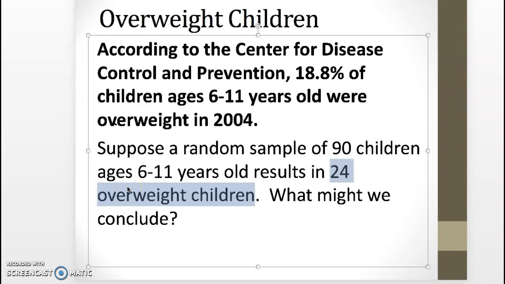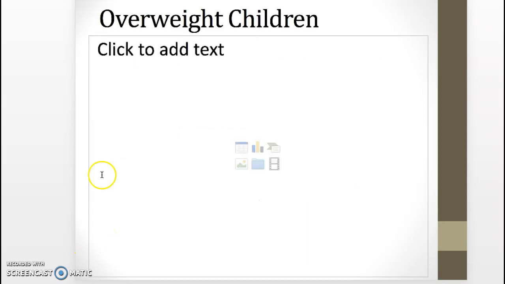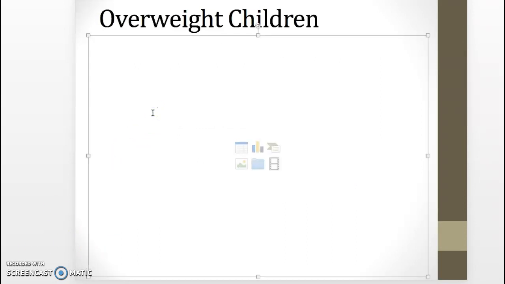So grab your calculators and let's go ahead and calculate our p-hat for this example. Here, all we need to do is calculate 24 over 90. Okay, so plop that in your calculator. We're going to have to do some rounding, and in this case, let's round to 4 decimal places. Okay, so I'm just going to put, because I'm feeling a little bit lazy here and not wanting to use the symbols, just p-hat, and we're going to do 24 divided by 90, and this is going to be approximately 0.2667,